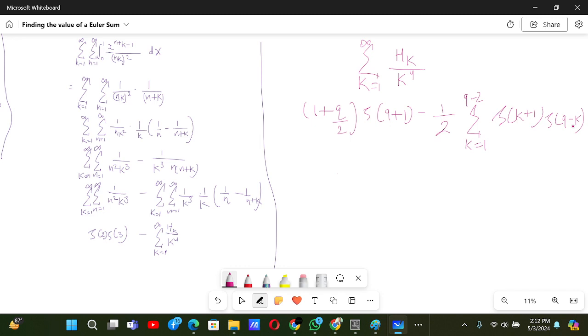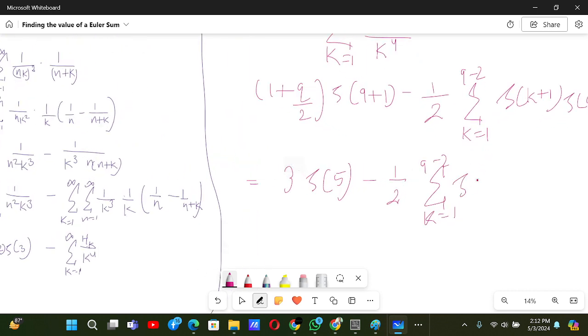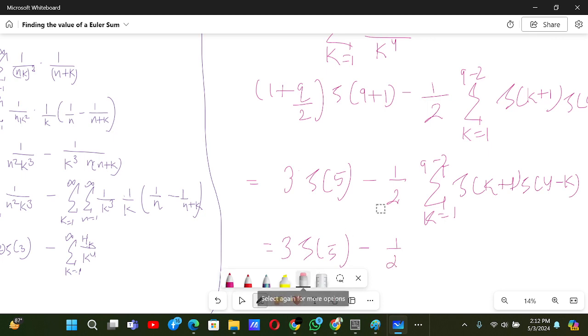Okay, now this is the classical Euler sum, and using this we can find out the sum. That is basically 3 Riemann zeta of 5 minus 1 by 2 sum from k equals 1 to q minus 2 of Riemann zeta of k plus 1 times Riemann zeta of 4 minus k. So we get 3 times Riemann zeta of 5 minus 1 by 2. Since q is 4, 4 minus 2 is just 2. And over here this is Riemann zeta of 3 Riemann zeta of 2